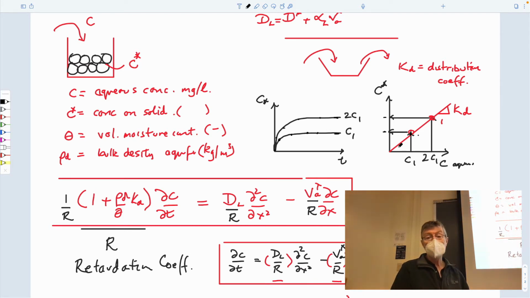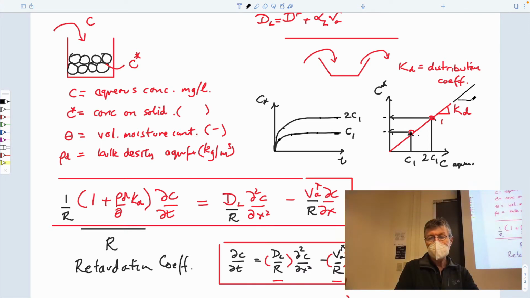It's also reversible. So if you now reduce the concentration from 2C1 to C1, then you'll reduce the concentration that's applied on the grains. And so that's kind of implicit in this. So that's the basic experiment that you would do. And so if we have a graph that looks like this,